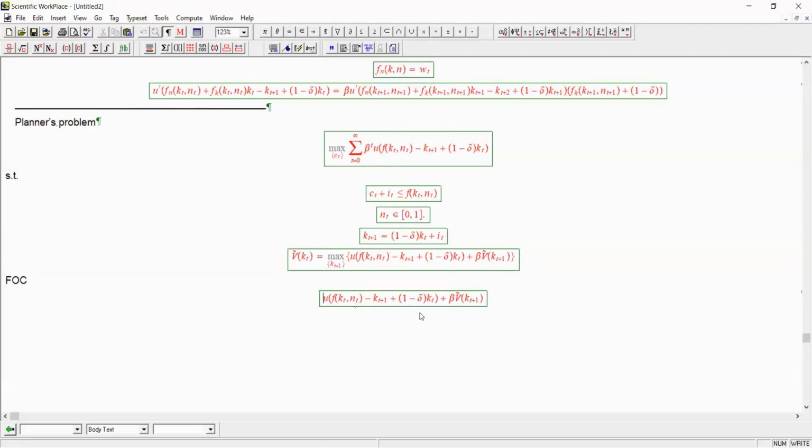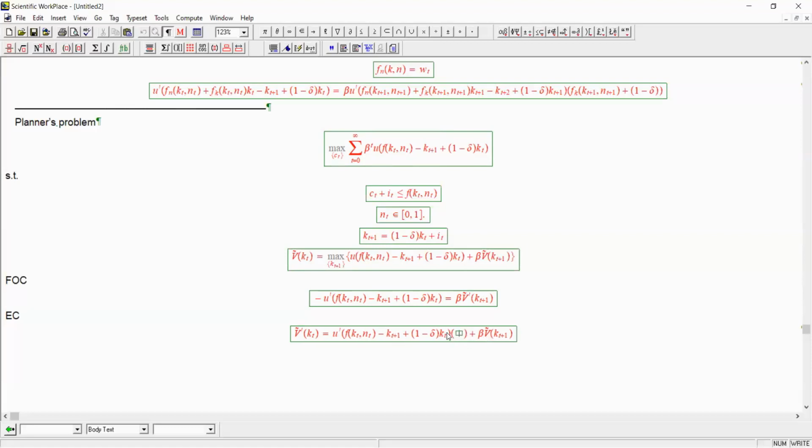tomorrow. And so what we're going to get is that the derivative of this with respect to capital tomorrow times the derivative of what's inside the function u, which is minus 1, must equal the derivative of V squiggle. And then there will also be an envelope condition, which is that the derivative of this with respect to capital has to equal the derivative of this times the derivative of that with respect to k, which of course is,